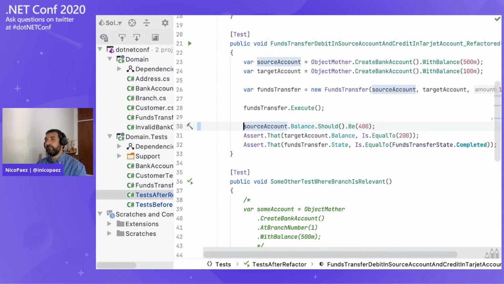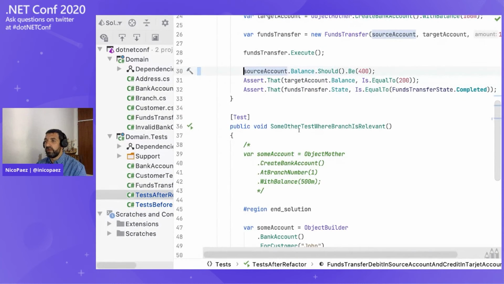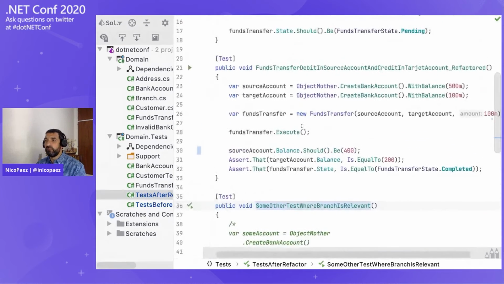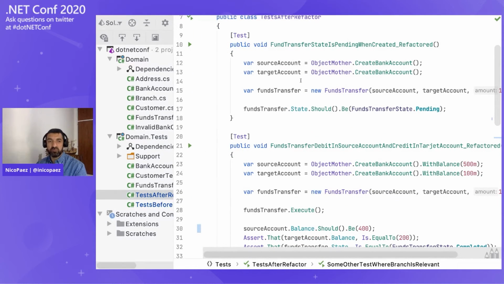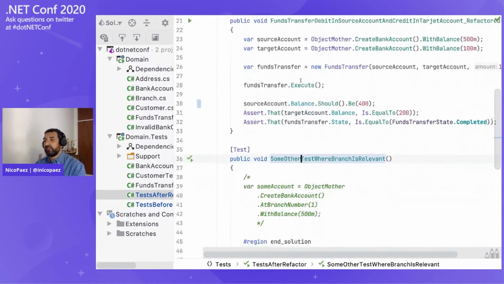Thanks. And going a little bit further with this, let's suppose we have another test here where the branch is relevant. In these two tests, the branch was not relevant, but for certain situations I may need some specific state of the branch, right? So how could I manage that? Well,